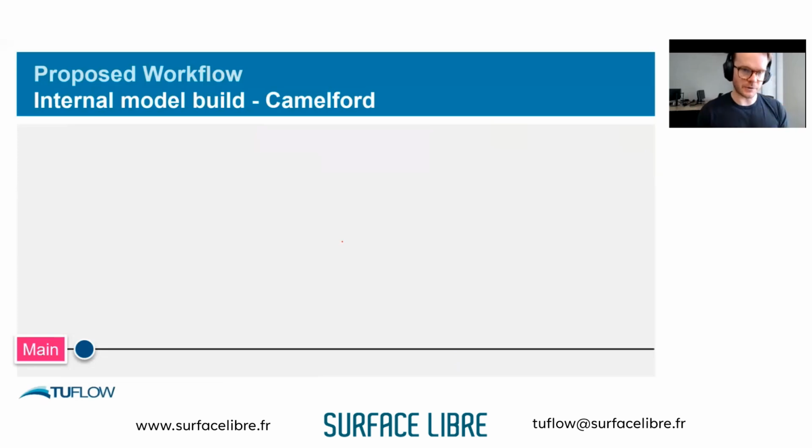Okay, let's get into the actual workflow. So the model's set up, but obviously it's not complete. This is an example workflow of me using it in the model build process. This is the main branch, what we call the main branch, or in this case, I haven't written it in here, but this is the origin. So this is what's sitting on GitLab.